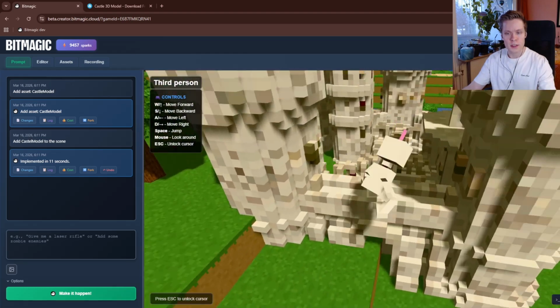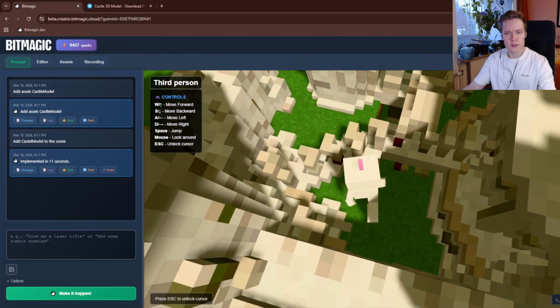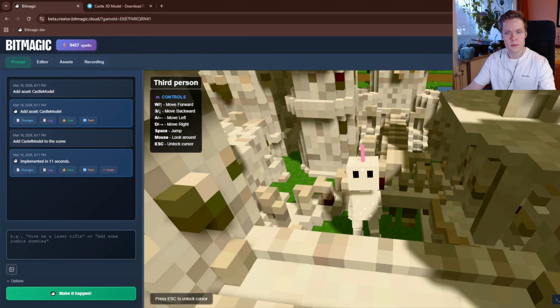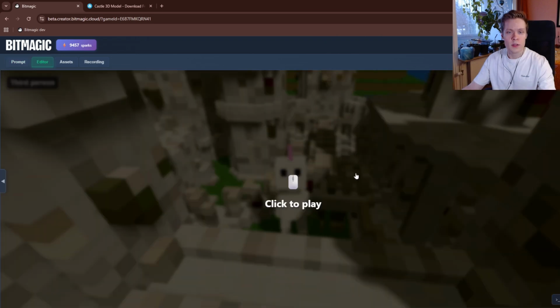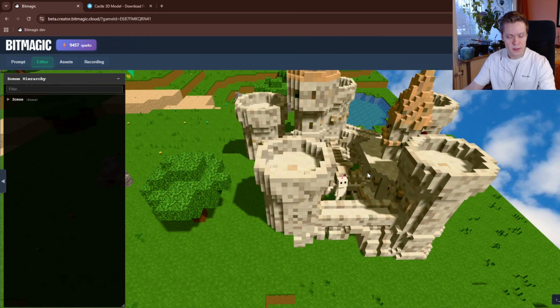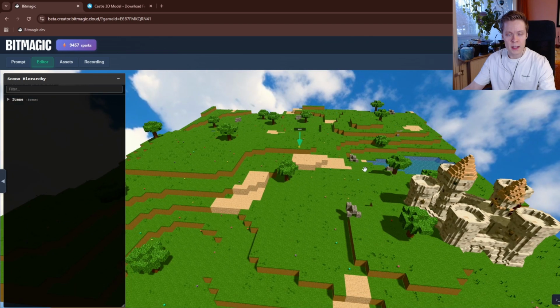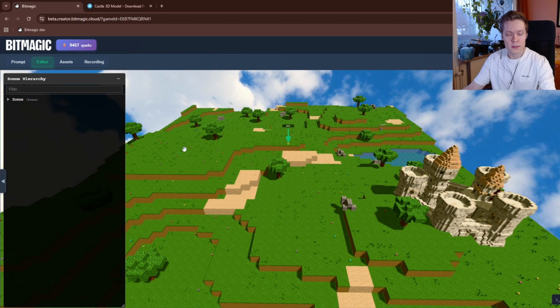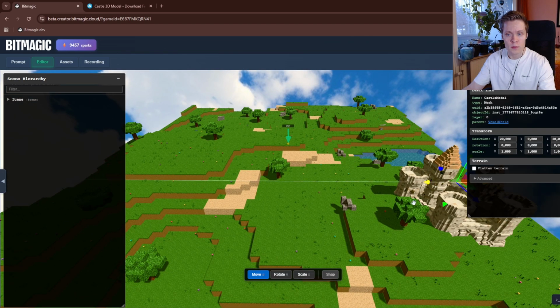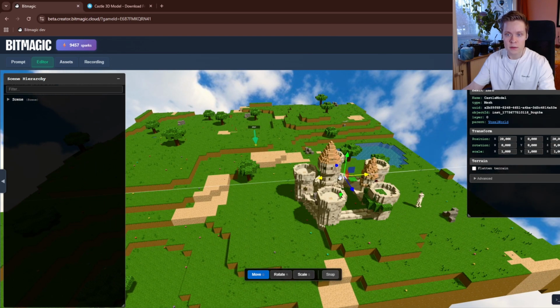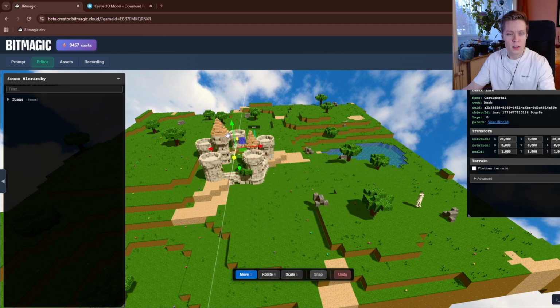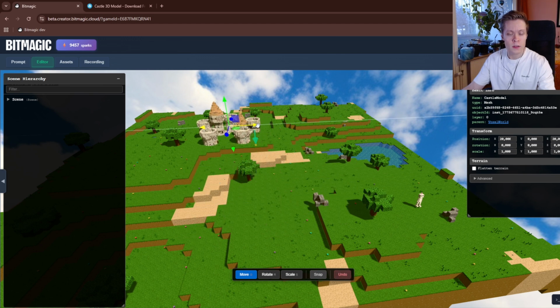The position is a little bad and it could still be bigger. So let's change that. Can go into the editor view here in the scene. Now we have our castle and I want to move it to the center of the screen. So I'm just gonna click to select the castle. Here we have the basic move, rotate, scale functions. Can move it here. Let's scale it a bit bigger